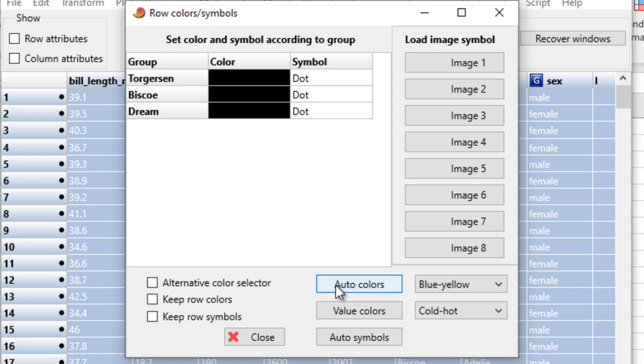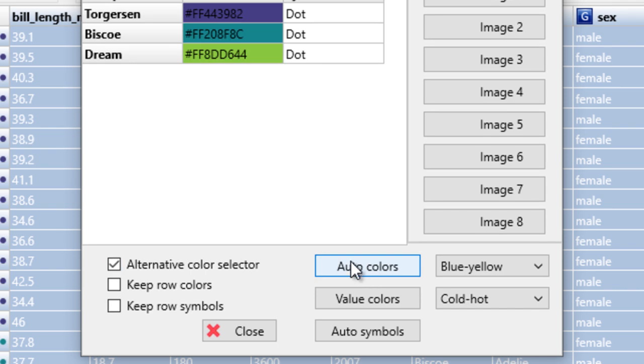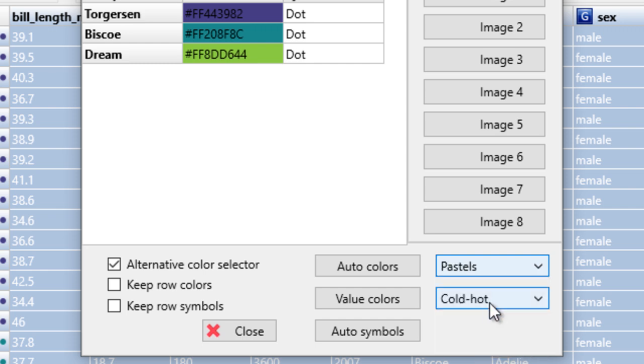Okay, you can set auto color. You can choose color for you. If you set auto color here, just click on auto color. You can see it gives us a color. Or if you don't like that one, you can choose maybe a different color here. If you don't like that one, you can choose another color, maybe